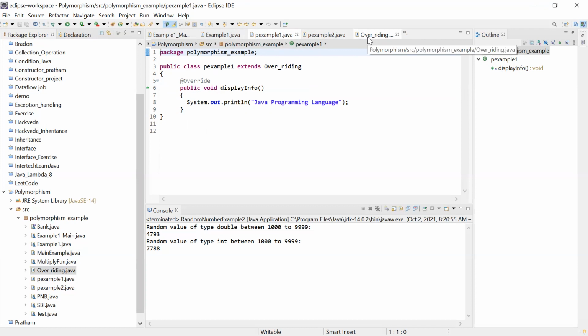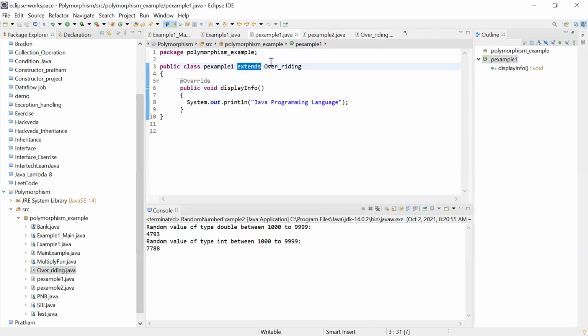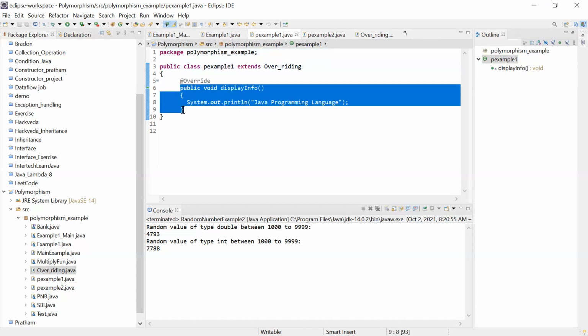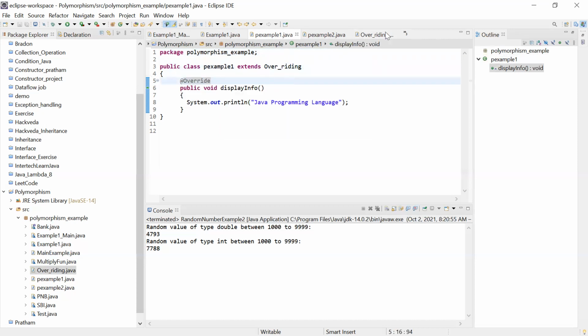So if you remember how you can inherit a class with the help of the extends keyword, right? So which is your parent class here? Overriding, right? Overriding is your parent class. PreExample is your child class. Now here I have declared the same function you can see here, public void displayInfo, which is exactly the same as